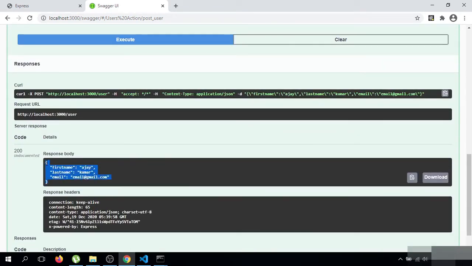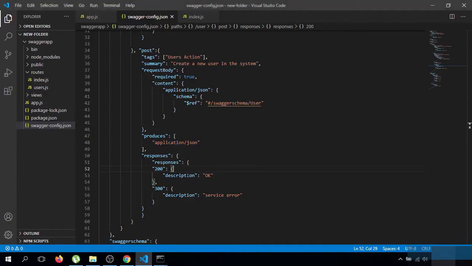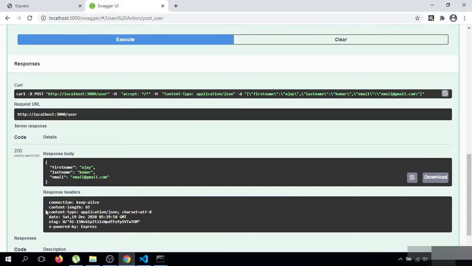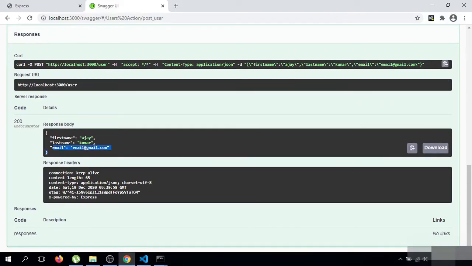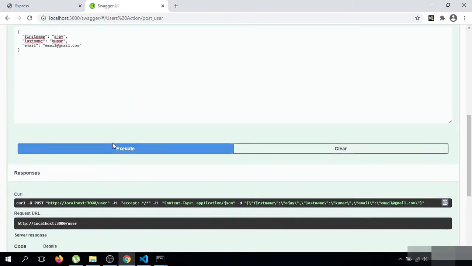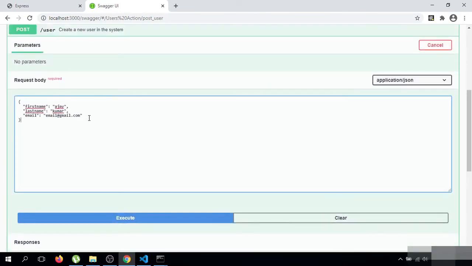As you can see that the response I have sent from my API. This API I have sent the response the same. Whatever user has sent to server, I have sent the same response to the client. So you can see that the same response I have sent to the client as well. Here you can add your JSON.